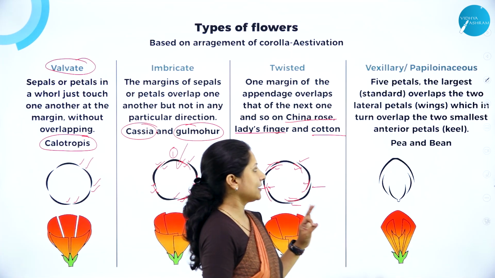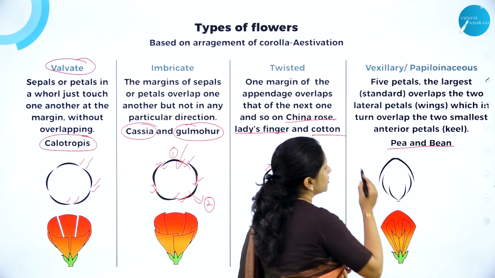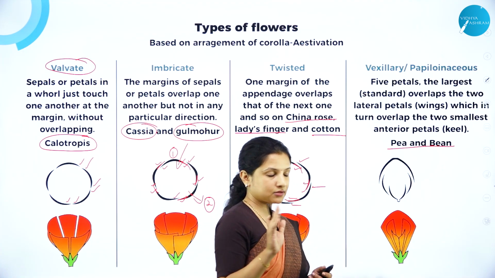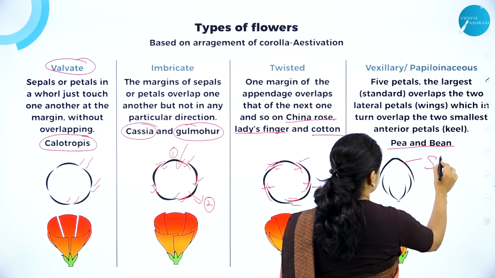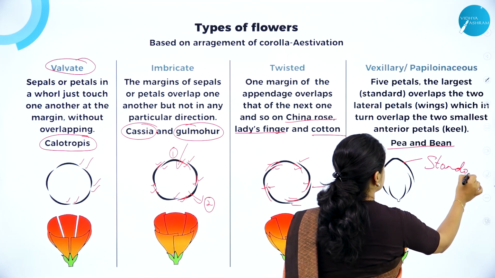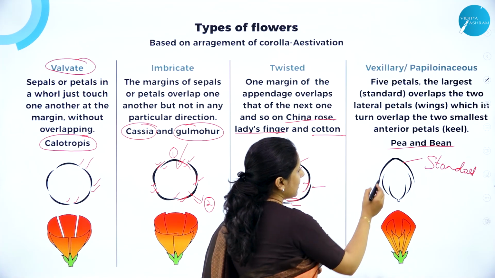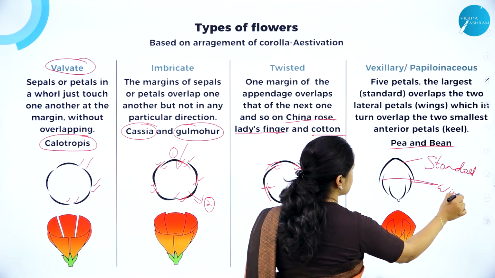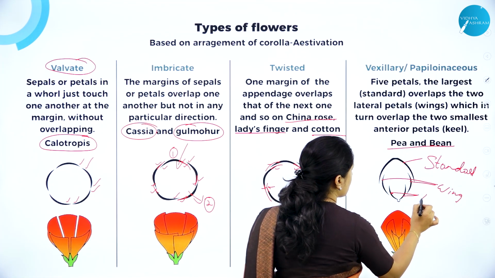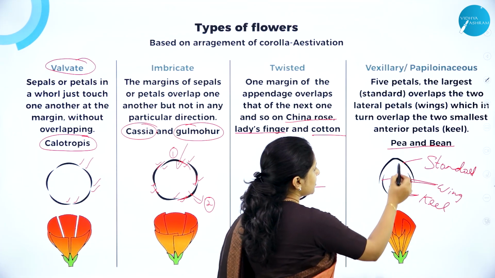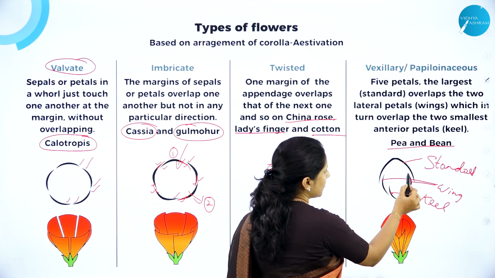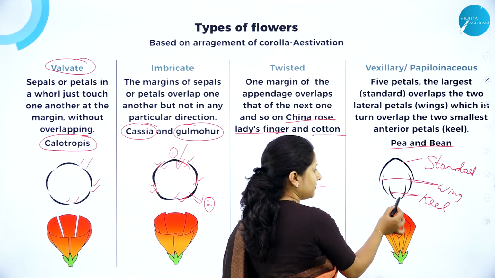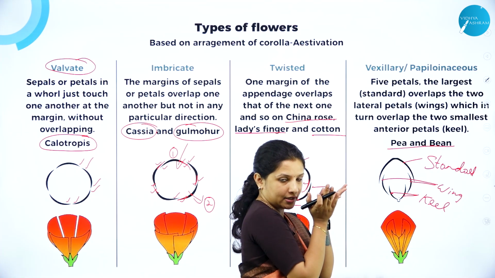beans, all that are there, actually show vexillary or papillonaceous estivation, wherein they'll have 5 petals: one large petal which is called the standard petal, 2 petals which are called the wing petals, and 2 petals which are called the keel petals. Now the standard petal's margin is overlapping with that of the wing petals. The wing petals' margin is overlapping with that of the keel petals, and the keel petals are joined, and therefore